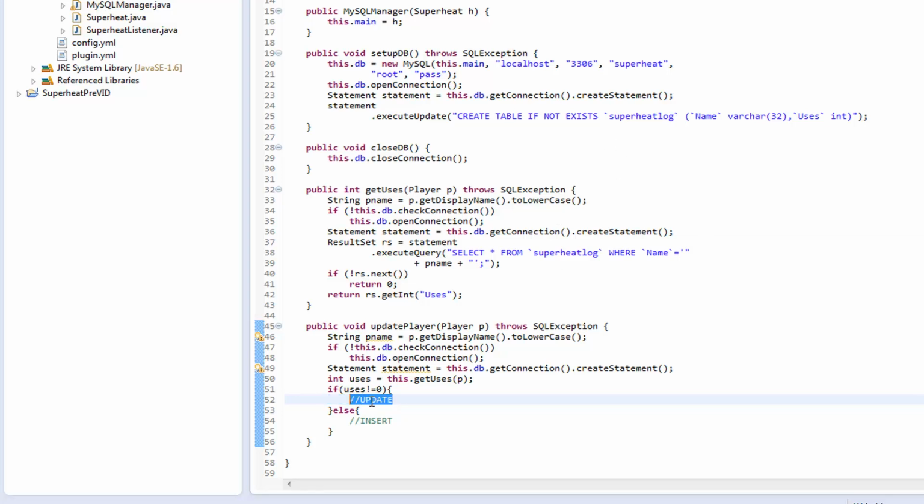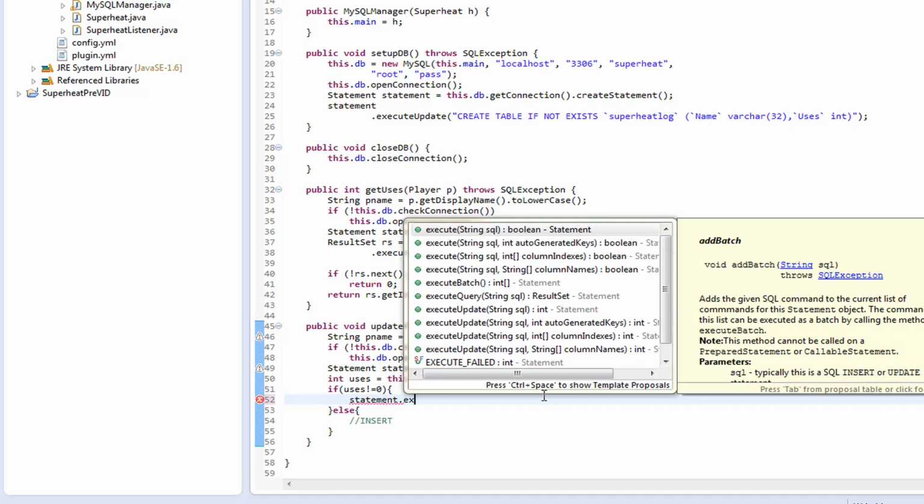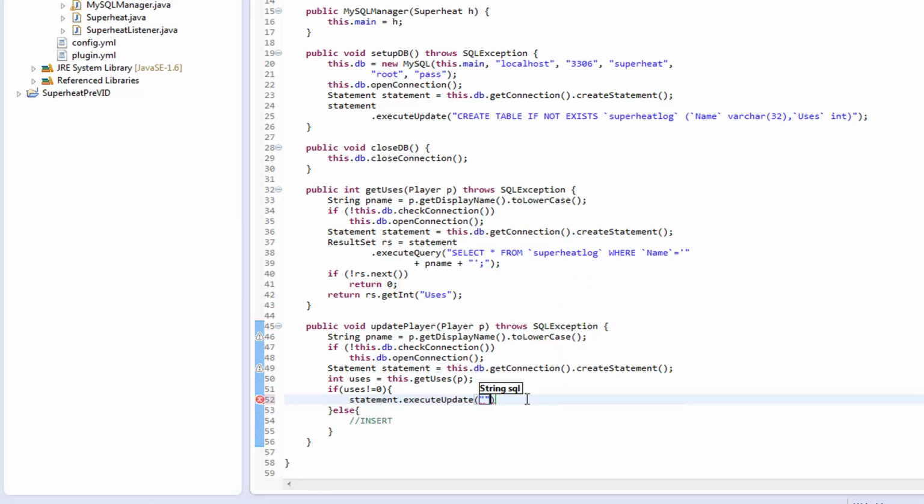So let's do update first of all. Now both of these statements will need to be execute updates because we're not going to require anything back from the server. I'm going to write this out and try to explain it as we go. So update is the command. We then select the table as always, so update superheat log, and then this is what we're going to set. So we're going to set the uses